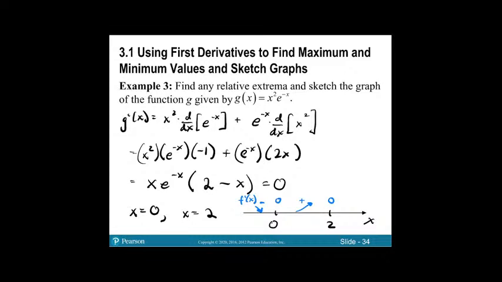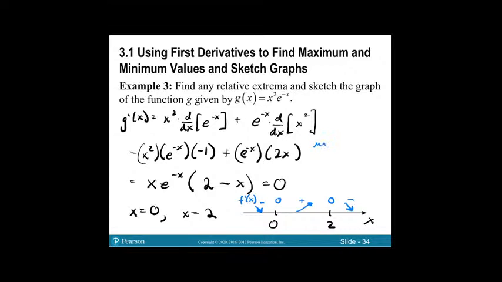What, I feel like I might be doing something wrong. Let me think about it. Let's just keep going. To the right of 2, when x is 3, positive, let's see, positive, positive, and negative. So our claim is that it should be decreasing. So then we should have a relative max